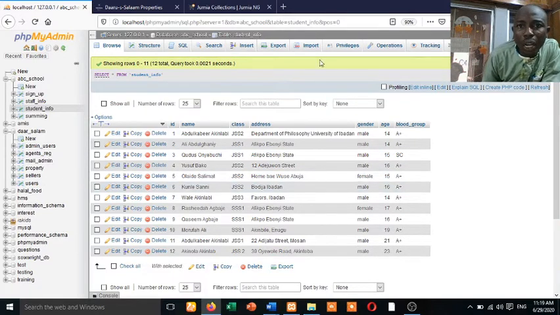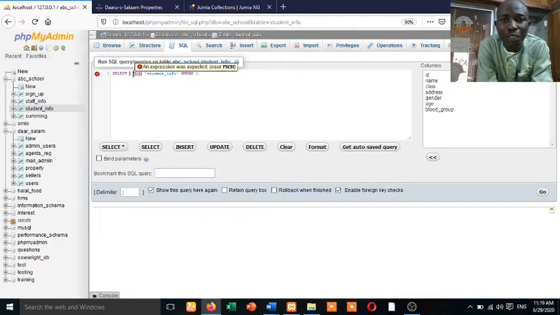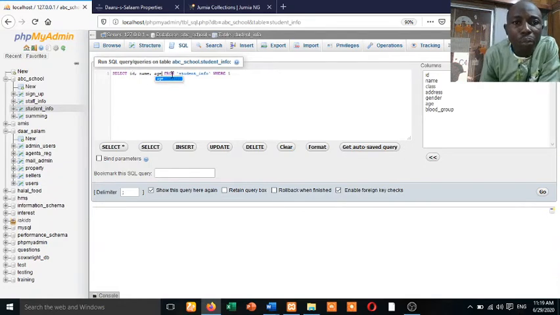So what you are going to do, that is the use of min and max, highest and lowest. Remember that anything you select, it is not necessarily that you select everything. You select ID, the person's name, and also the age from student info, where